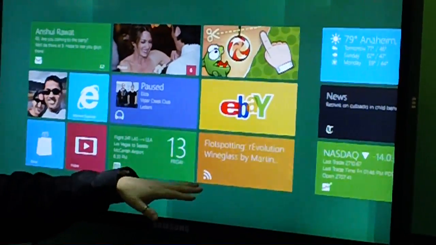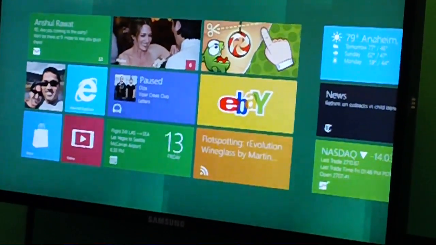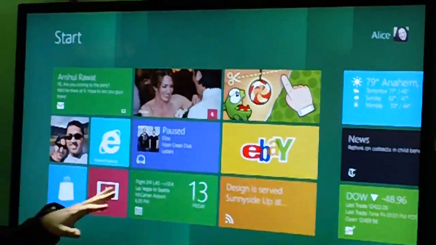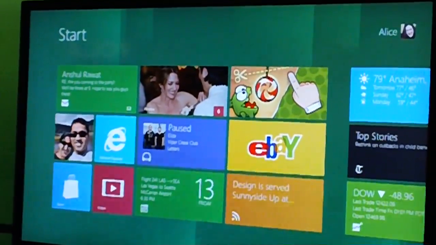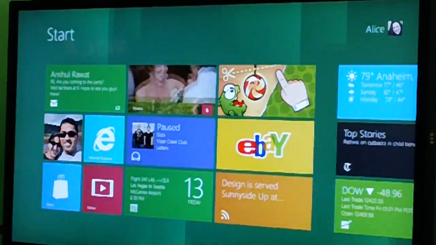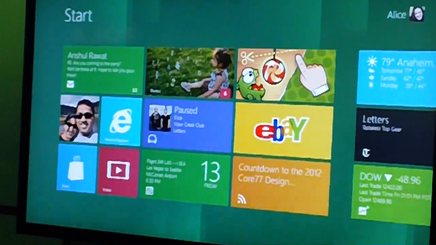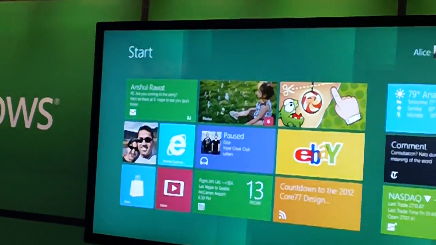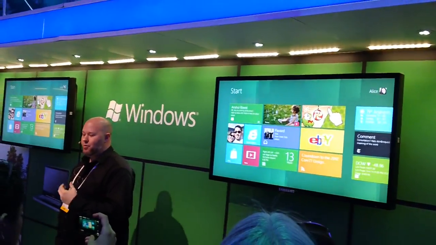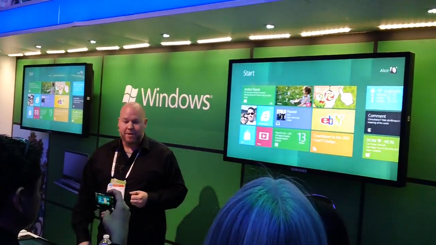And as you can see, the tiles are kind of alive with activity. They're showing me updated news and weather and stock information. I can see my latest email, my latest calendar appointment. Any Metro style app in Windows 8 is able to have that notification. So for something that the app wants to sort of tell you when you look at it,